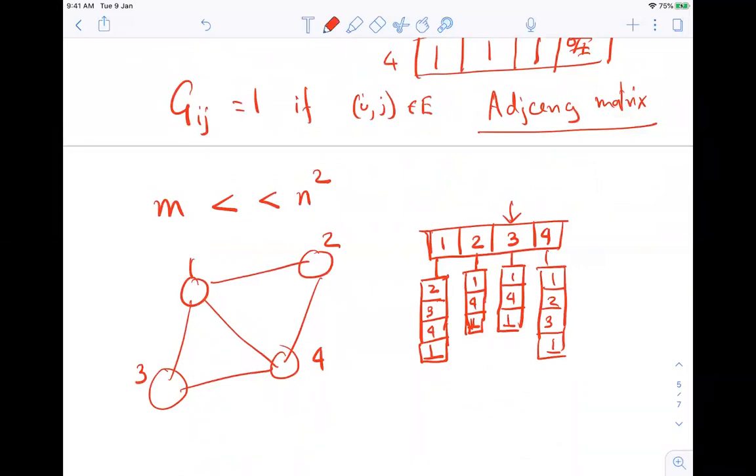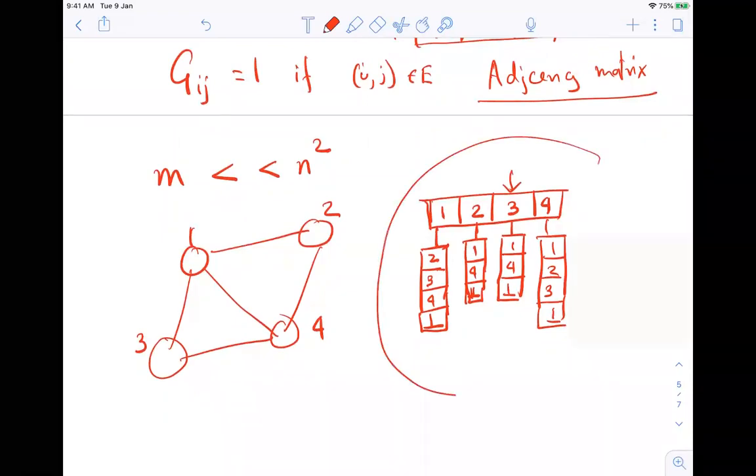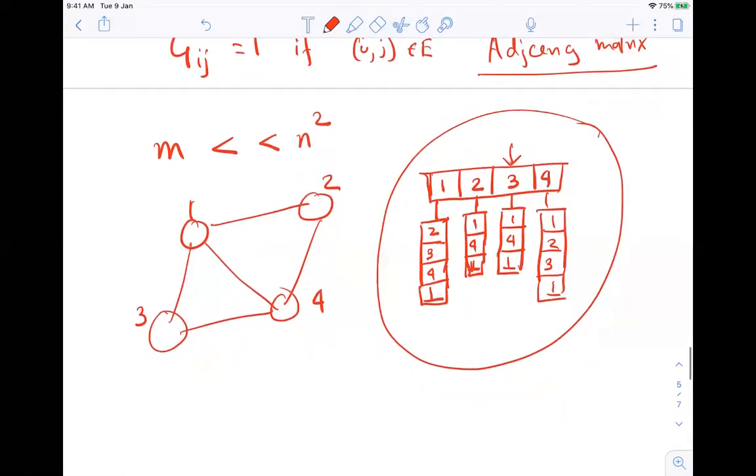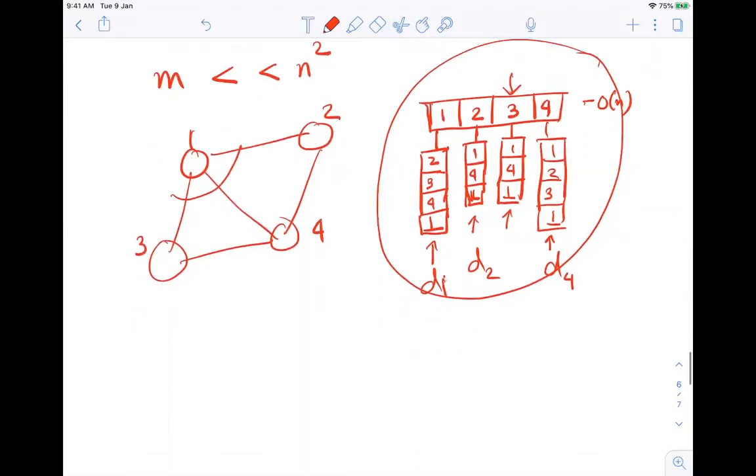But the interesting part is the size of this object. Note that the first array has size order n. Each of the lists is nothing but the degree of a vertex: the degree of 1, degree of 2, degree of 4. And what you should remember from your earlier discrete math course, the summation of the degrees equals 2 times the number of edges.